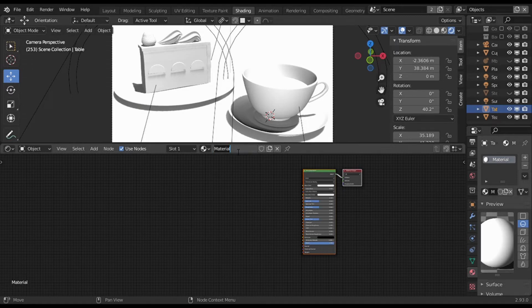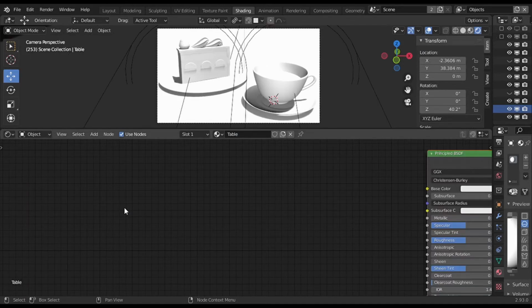Now the material, we're going to keep the Principled BSDF, and for these materials we'll need the following nodes.